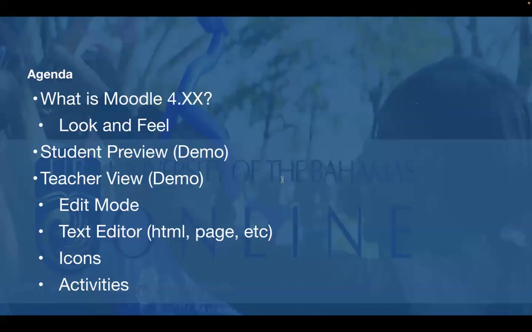So are we transitioning from Moodle 2.0 this semester? We never want to, or we will never be transitioning from one platform to another in the middle of a semester. What we will be doing, however, is